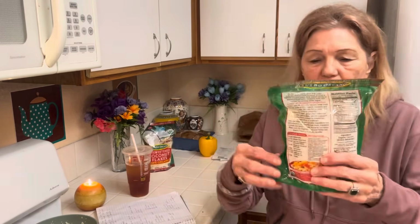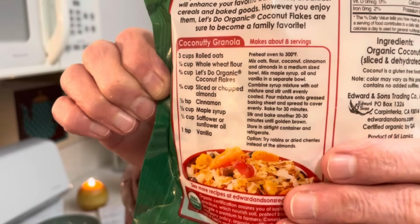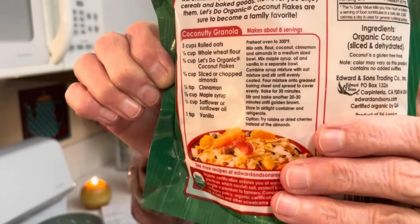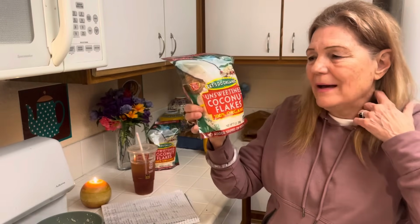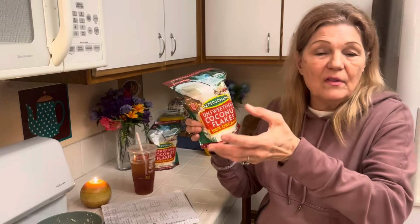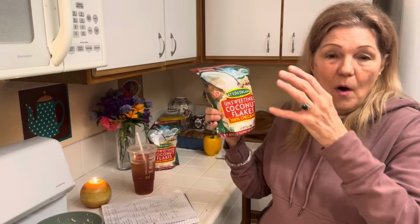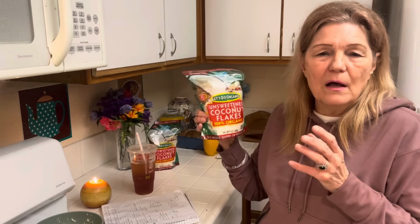Let's see, maybe I can give this to you. Or you can buy one of these. This says there's 3 1/4 cups in here. So if you were going to make coconut milk, you could toast your coconut, but you don't have to. You get 1/2 cup. So this would be 6.5. No, it'd be 12 cups of coconut milk. You need a half a cup for 2 cups of water. So you boil your water really hot, and you put your coconut, 1/2 cup. And so I just put it in the blender, and you leave it there until the coconut and the water come to room temperature. Then you blend it until it's totally pulverized, and then you add your other 1 cup